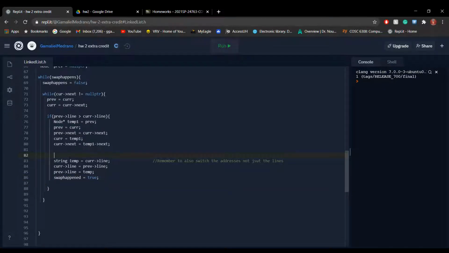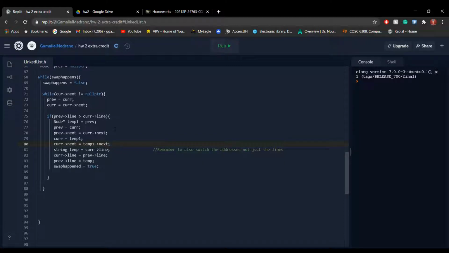Okay, let me explain. We cannot swap. We're not actually going to use the swap function like we do with arrays. We're going to have to use a temporary. We're going to use a temp. So right here we create a temp